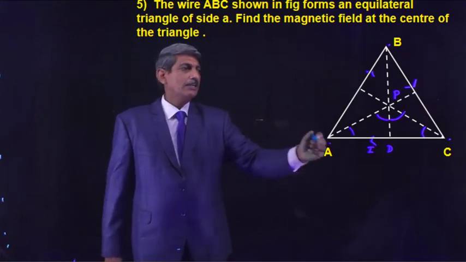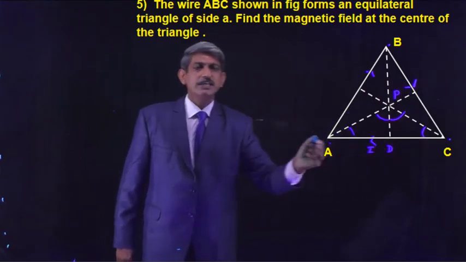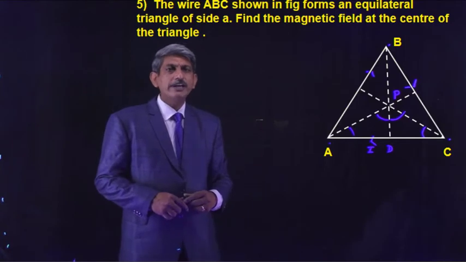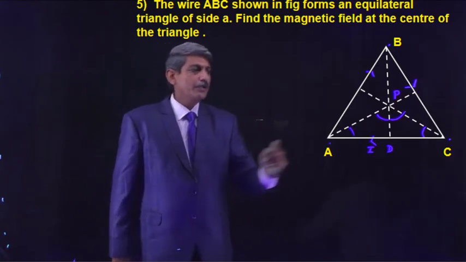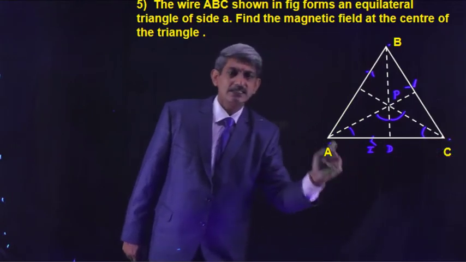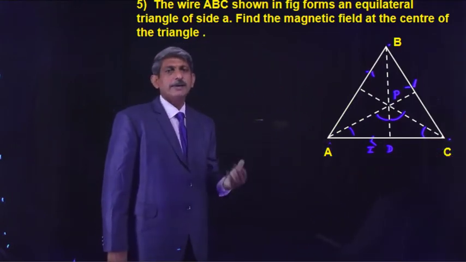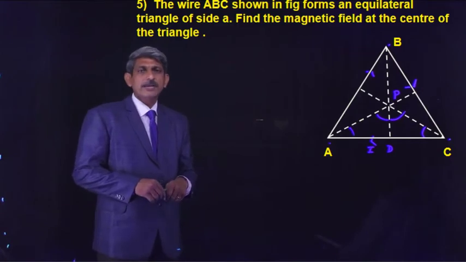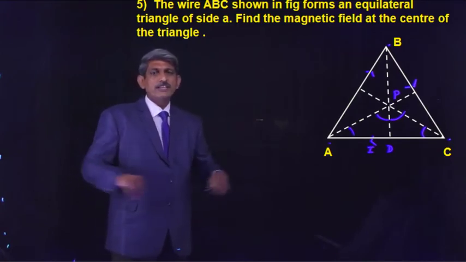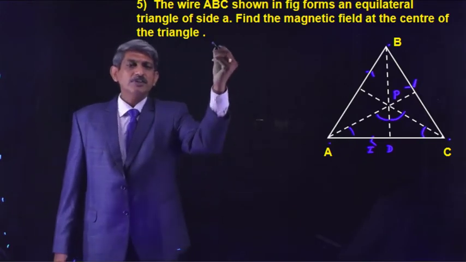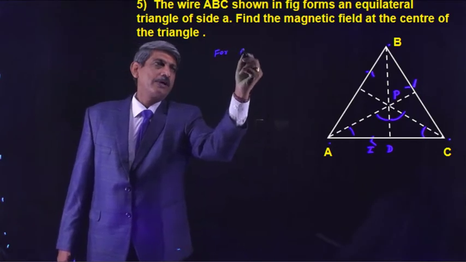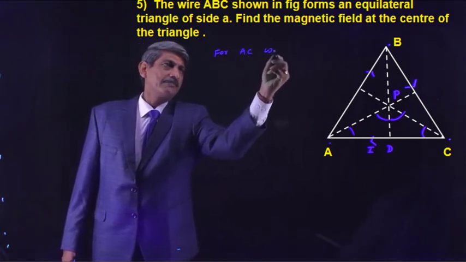Whereas you know that the triangle is a regular shape which contains three sides. That's why first of all I am going to determine the magnetic induction produced by the AB portion, BC portion and CA portion separately. By adding those, we get the total magnetic induction value. Okay, for that let us consider the first portion, that is the AC portion. For the AC wire,